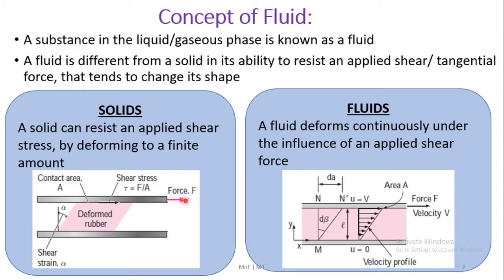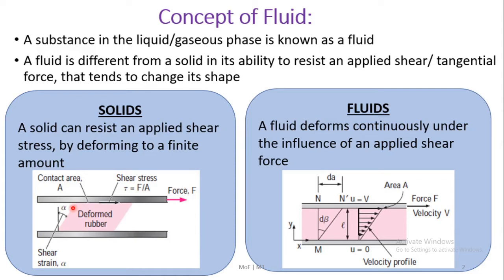However, this applied force F will be opposed by the internal resistance of this rubber block to deformation and also the friction between the upper plate and the rubber block. Under equilibrium, the net force acting on this block will be 0. Hence, the removal of the applied force F will cause this deformed rubber to come to its initial position when the applied force F is within the elastic limit of this rubber material. But when the applied force F is beyond the elastic limit of this rubber block, what happens is this rubber block gets permanently deformed and no recovery into its initial form is possible.